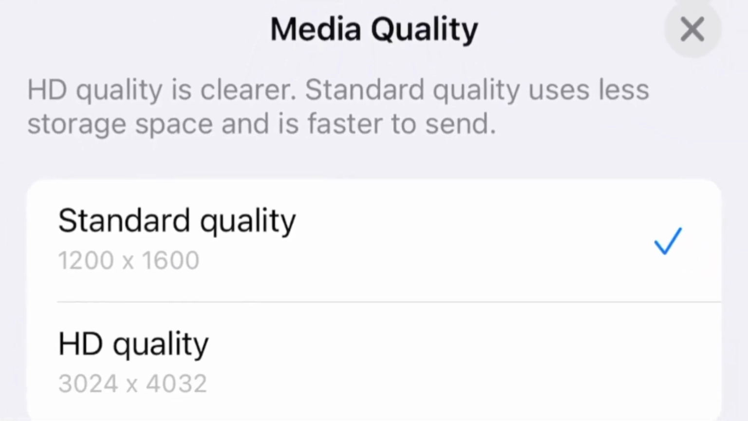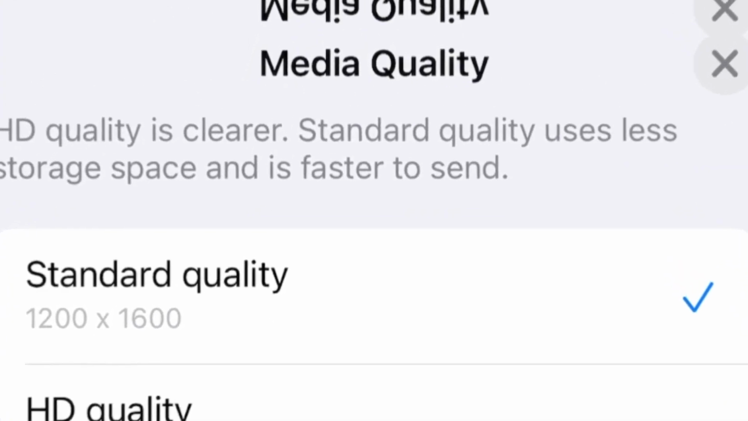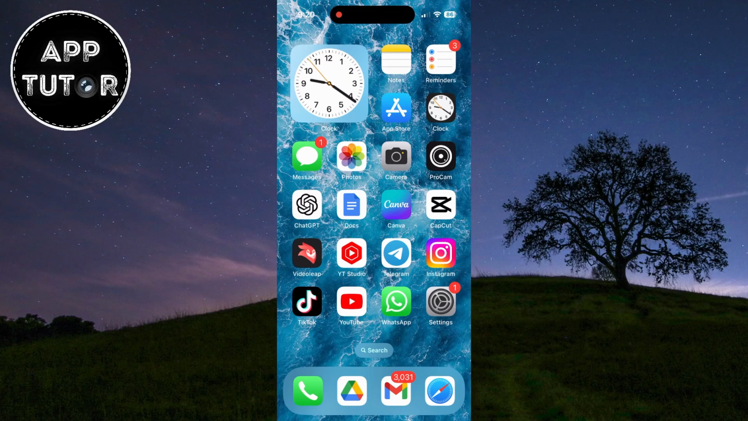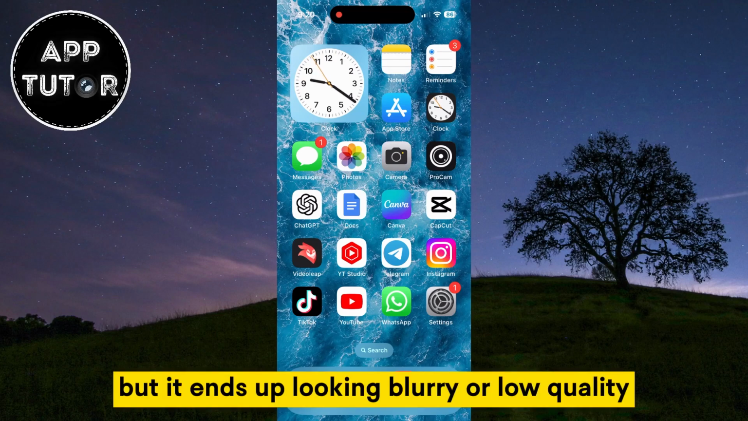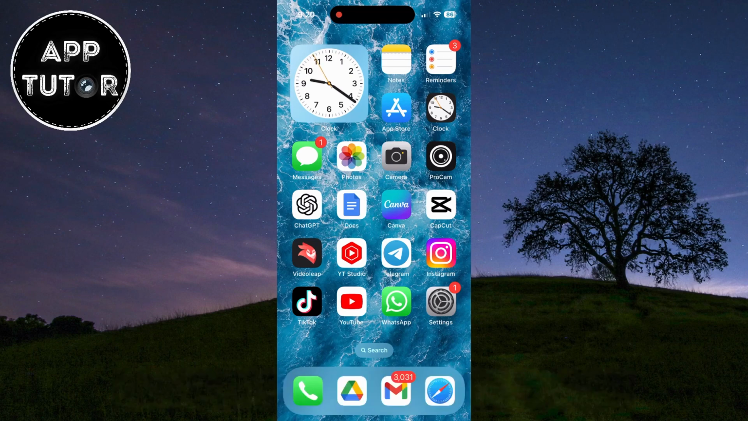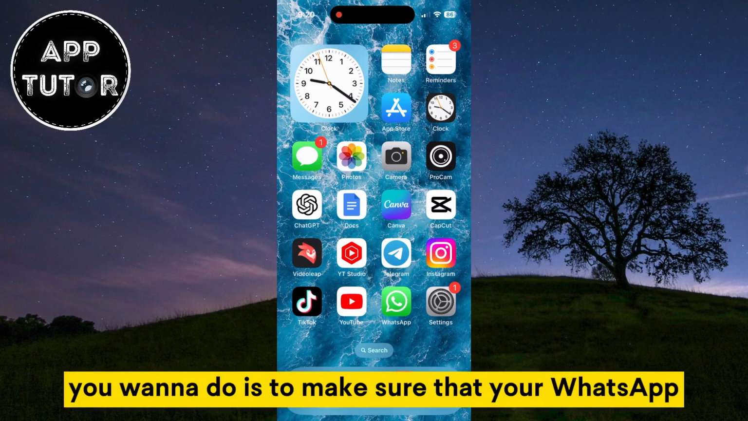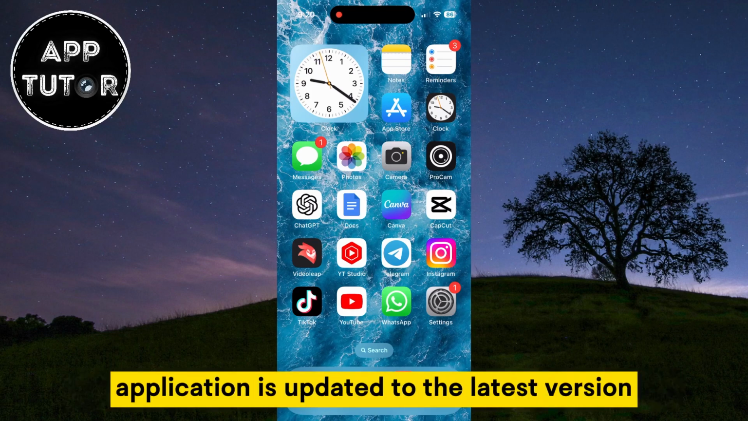Do you want to send high-quality or HD photos and videos to your friends or family members in WhatsApp? So if you send a photo or a video in a WhatsApp conversation, but it ends up looking blurry or low quality and you're tired of that, then I'm going to show you how to send an HD, crispy version of that. The first step that you want to do is to make sure that your WhatsApp application is updated